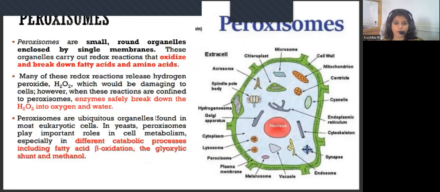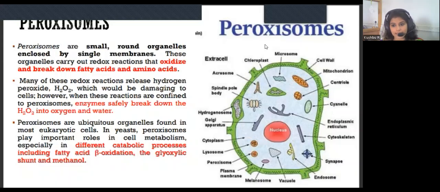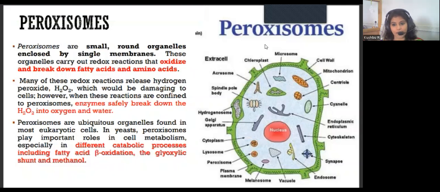And the last one that we are going to see is peroxisomes. Yes, peroxisomes are actually single membrane organelles. A peroxisome is a small round organelle enclosed by a single membrane. Here we have to understand that the effect of toxic byproducts produced by metabolism, or toxic molecules entering the cell, or toxic intermediate byproducts, has to be nullified by the